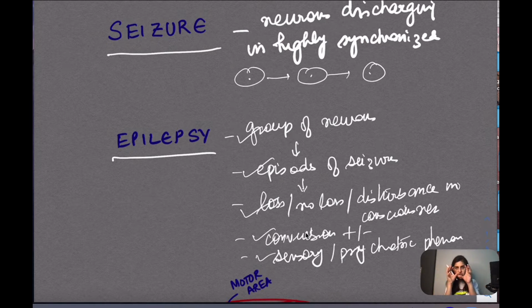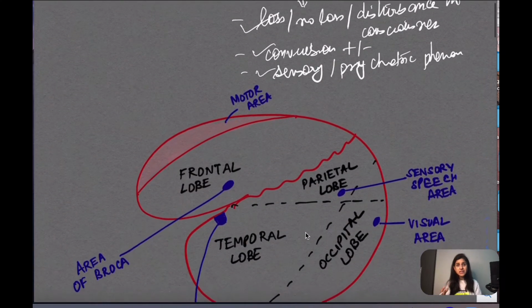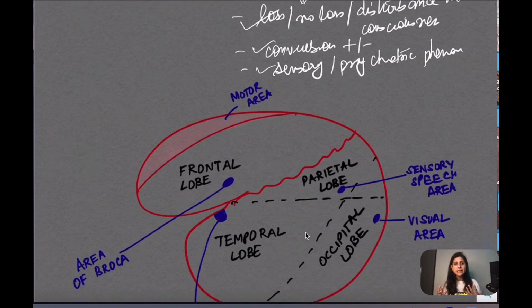ठीक है, वो जो सीजर का फोकस है, जो सीजर जहां से ग्रुप ऑफ जो न्यूरॉन्स हैं वो कहाँ पे इफेक्ट हुए हैं, ठीक है. So it's a combination of so many things. Epilepsy, it is just not seizure है तो बस epilepsy हो गया. No, it's a combination of so many things, and these can be unpredictable. A person cannot predict कि कब होने वाला है, ठीक है.